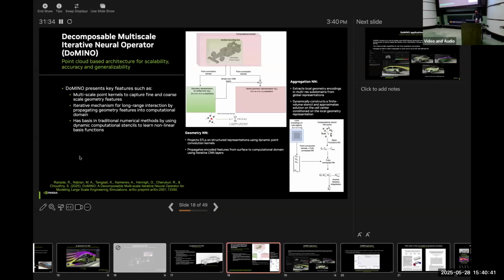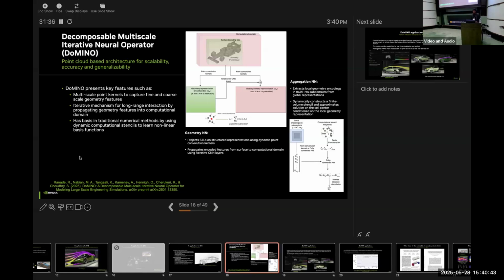So one of the approaches that I'm presenting here, that we have been developing over about the past 6 months now, I think, is this decomposable multiscale neural operator. If you're familiar with the idea of neural operators or the DeepONet that was popularized by Brown University, this network architecture builds on top of that.